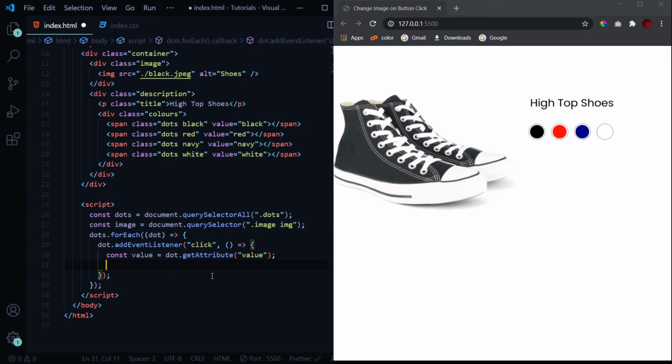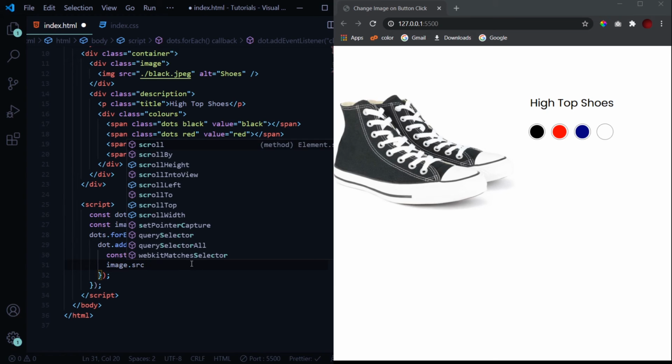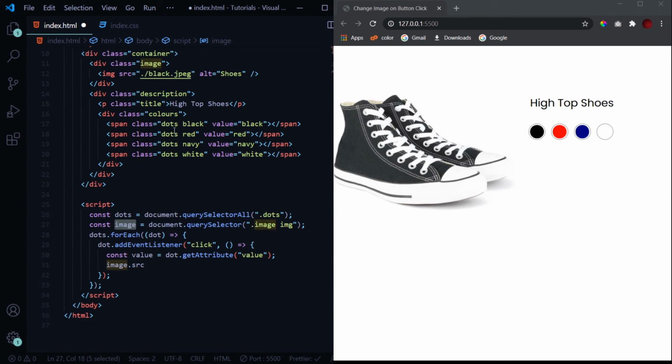Now we need to use this attribute to change our image. So for that, to select the source of the image, we'll first go to image.src. As you might remember, image is the variable in which we have stored the image of the shoes. Now we will change its src, which is the source of that image, to dot slash. This represents the images in the same folder.